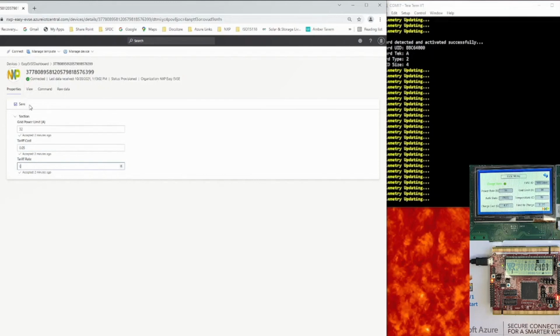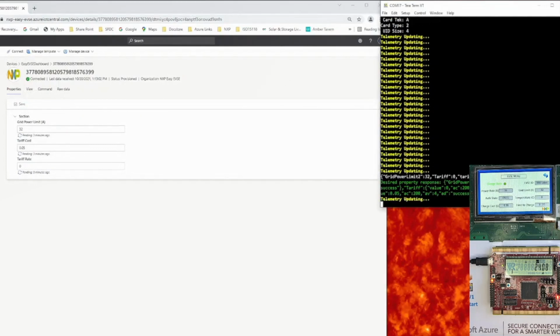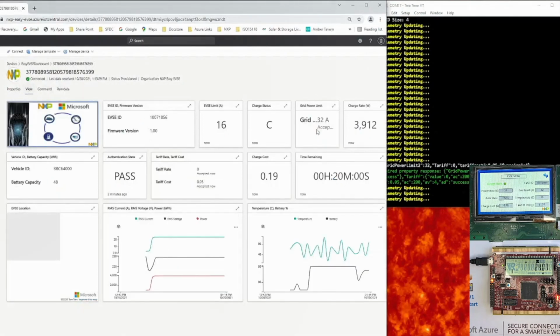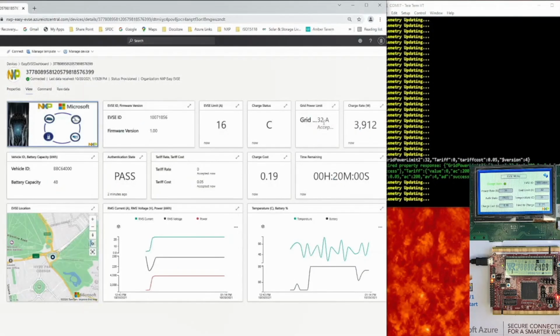So now we're going to send that properties information down to the device when we send it. So it will attempt to send it. We'll register that in the device as it gets sent, and that'll get reflected in the dashboard now when we switch back. You'll also notice on the demo that the grid limit has now increased to 32 amps. And then when we go back to the dashboard view, it tells us that our grid power limit is now 32 amps. We can see the tariff cost has gone down to 5 cents, and that equates to tariff rate